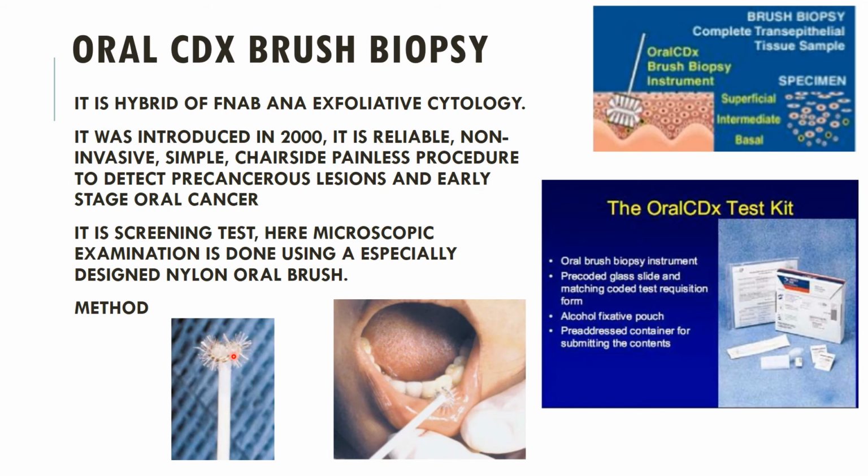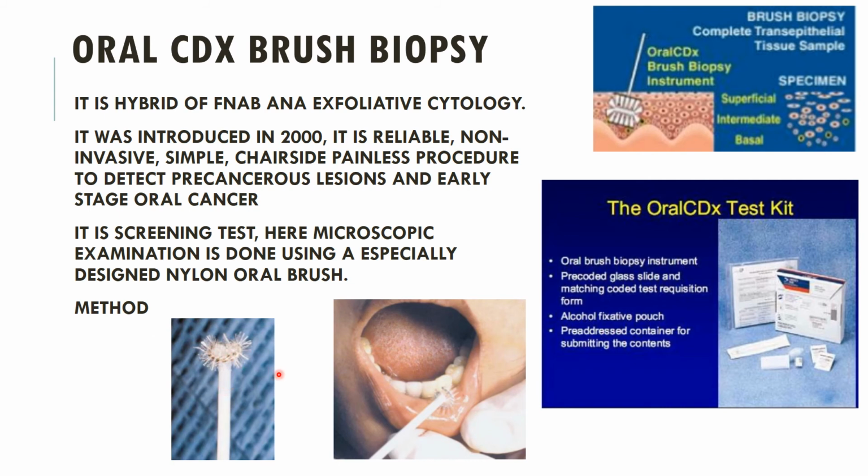Then the cutting edge is pressed against the lesion firmly and it is rotated 5 to 10 or more times in a clockwise fashion. Now this is a brush. You're going to rotate this brush 5 to 10 times, and that too firmly, on that lesion. The cellular material entrapped on the bristles of that brush is collected and then transferred onto the glass slide. When you're moving this brush in a circular pattern over that lesion, you will see the cellular material gets entrapped in the bristles of the brush. Then you're going to transfer it onto the glass slide.